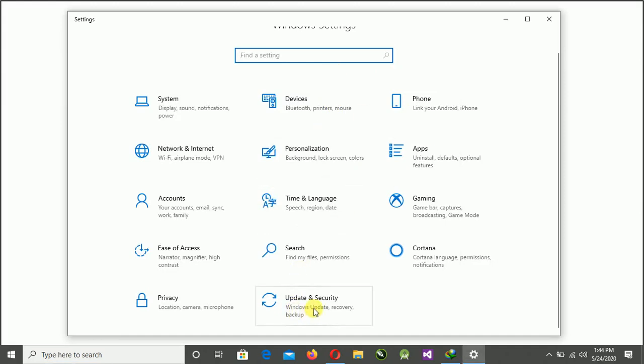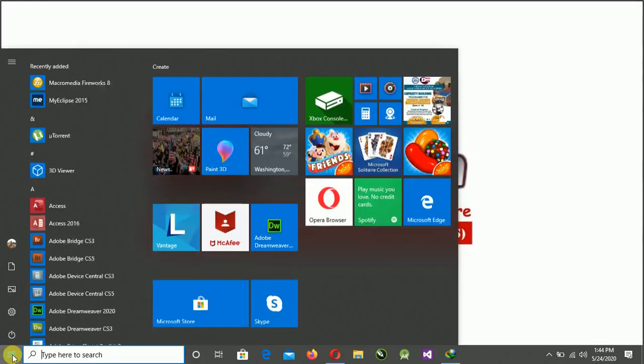If I want to update my system, I will choose update from here. Cortana, search, easy access, account, time settings, gaming, application, personalization, network and so on, all these things I can use. So I'll just go back and choose